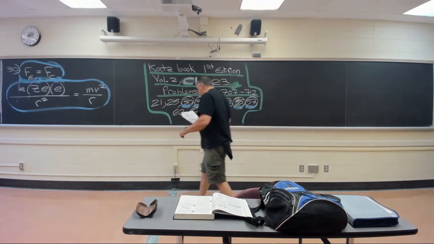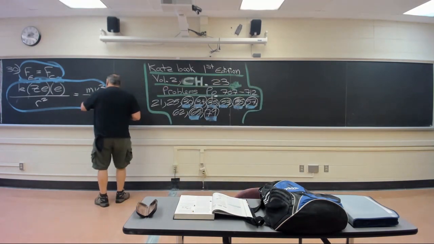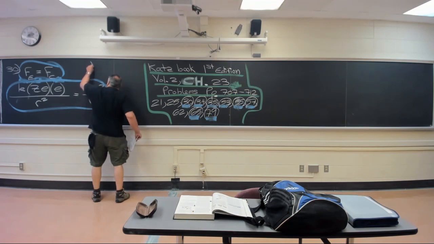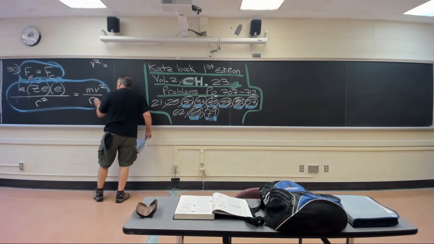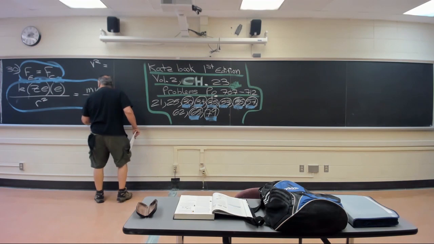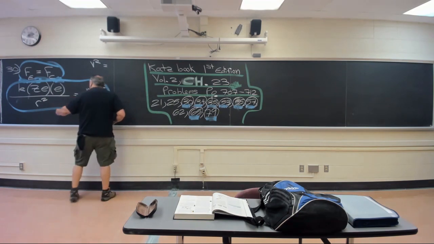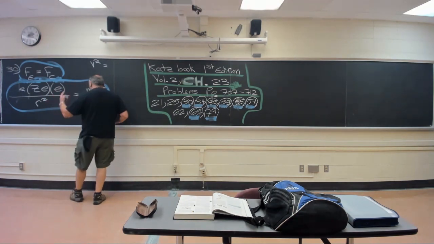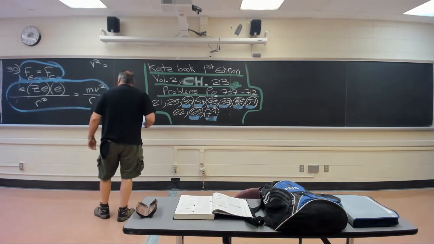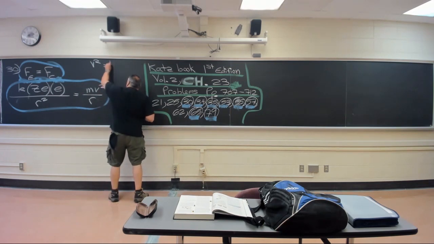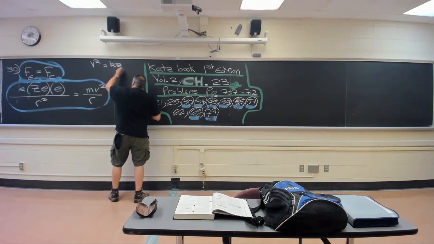Let's solve for v eventually, and find out what's going on at that point. Before we solve for v, let's solve for v squared. Let's multiply by r on each side and divide by m. If you multiply by r on each side, the r squared and the r cancel, and you just have an r on the bottom. And you divide by m. So what do we get? We get k Z